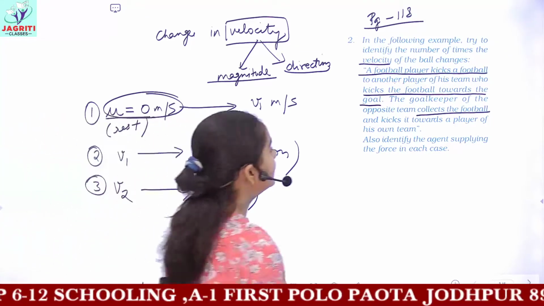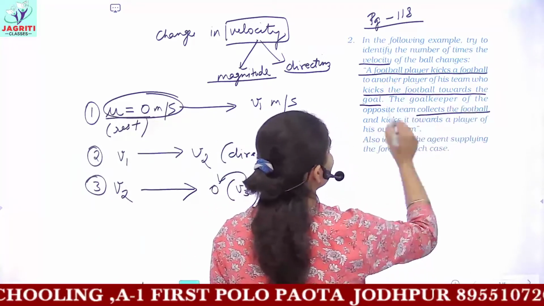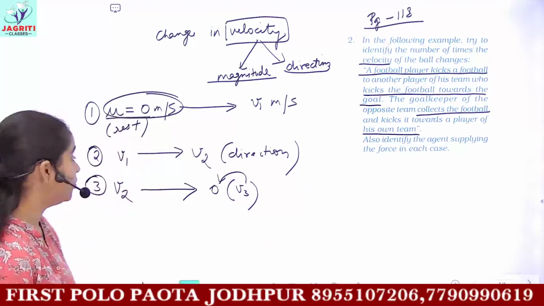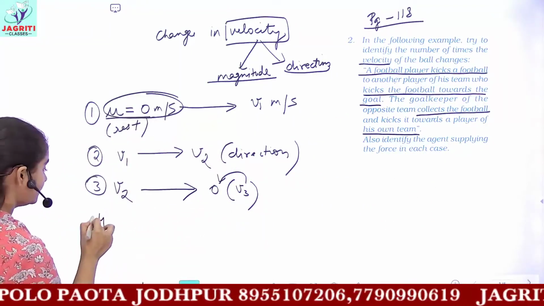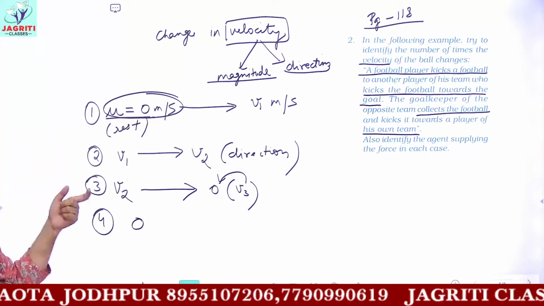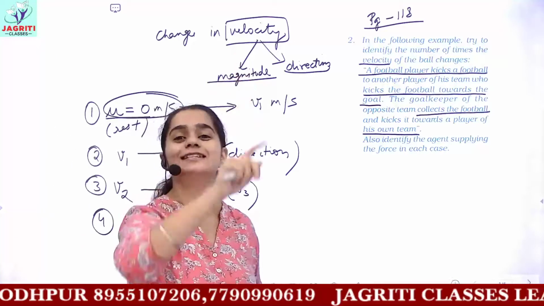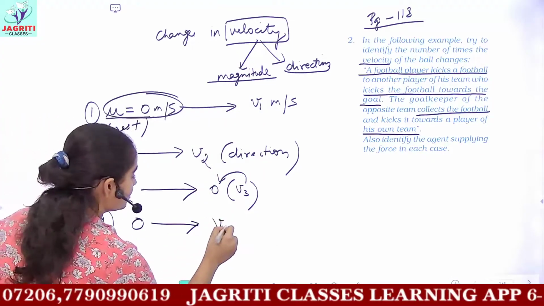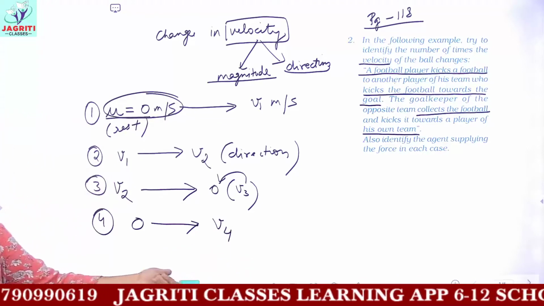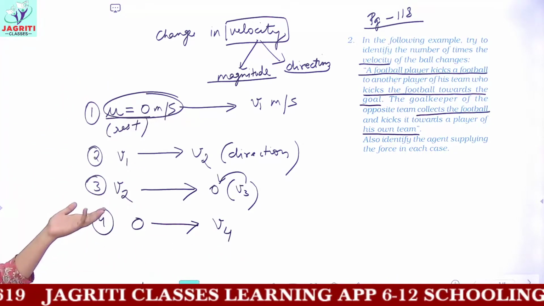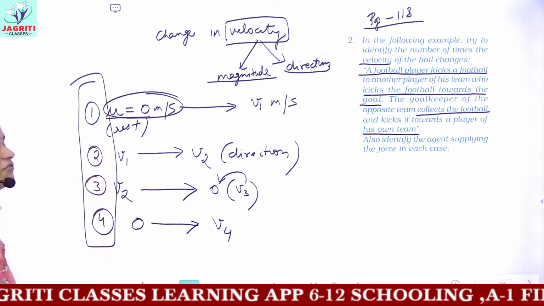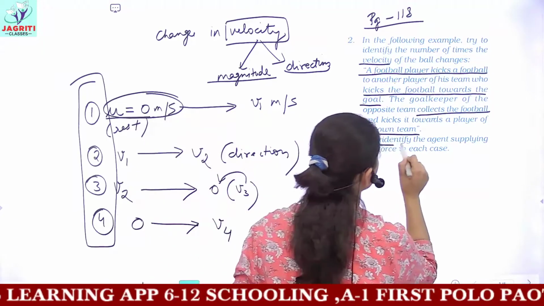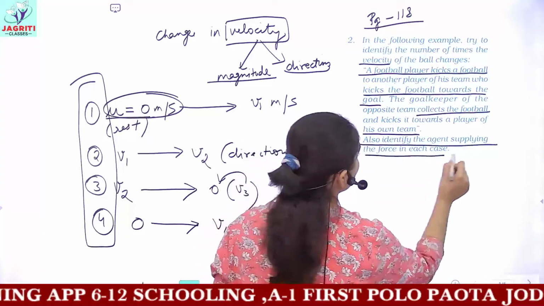And then the goalkeeper collects the football and kicks it towards the player of his own team. Now once the goalkeeper collected the football, the velocity was 0. Now the goalkeeper again kicked the football towards his own team. So we say that from 0 meter per second, the velocity changed to the value v4. So now can you tell me, it is obvious that 4 times the velocity is changing. So here the answer would be 4, and here it is also written: identify the force in each case, the